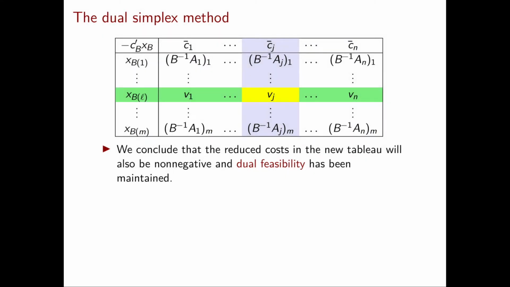Another key difference lies in how we construct the ratios. In the primal simplex we look at the positive entries of the pivot column, while here we look at the negative entries of the pivot row. Accordingly, also the ratios are calculated differently, especially because in the denominator here we have the absolute value of the entries in the pivot row, while in the primal simplex the entries in the pivot column were already positive, so in the ratio we didn't need to have the absolute value in the denominator.